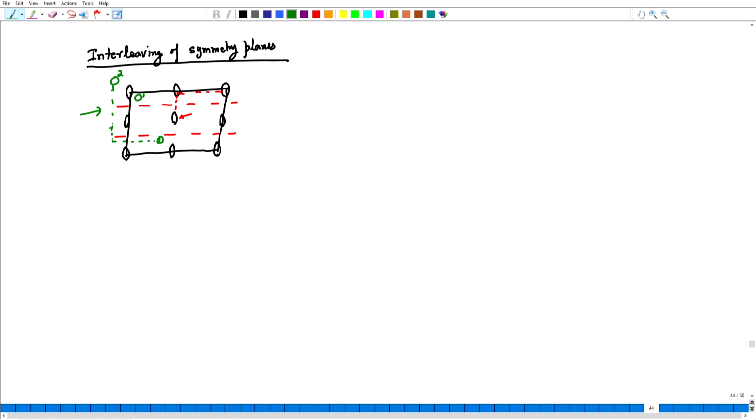Have I done this correct? I think I might have made a mistake. This is not right. This will simply come somewhere below here, and then glide translation will bring it out here. This is location number 3.